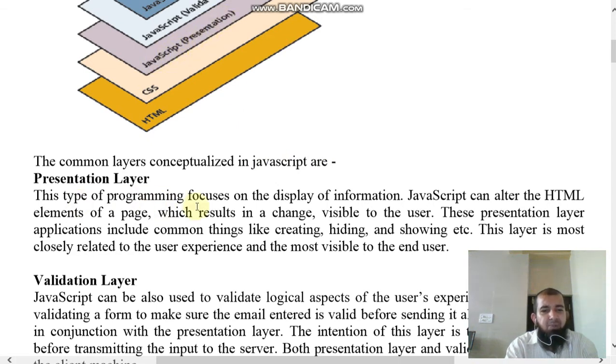This type of programming focuses on the display of information. To display information, this presentation layer is important. JavaScript can alter the HTML elements of a page. JavaScript is a scripting language, and HTML is Hypertext Markup Language. JavaScript can alter the HTML elements of a page, which results in a change visible to